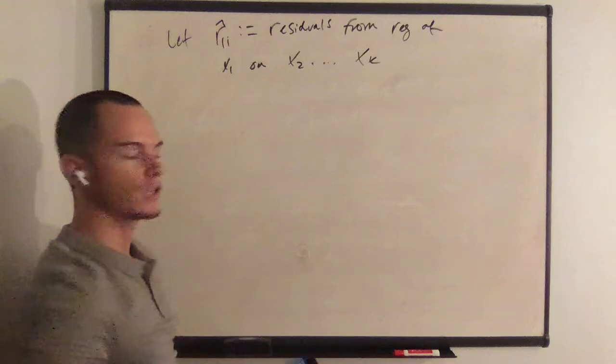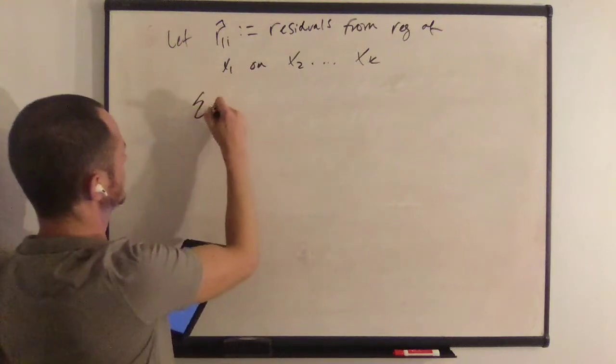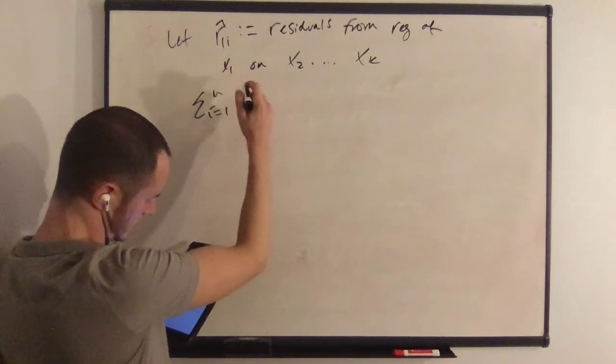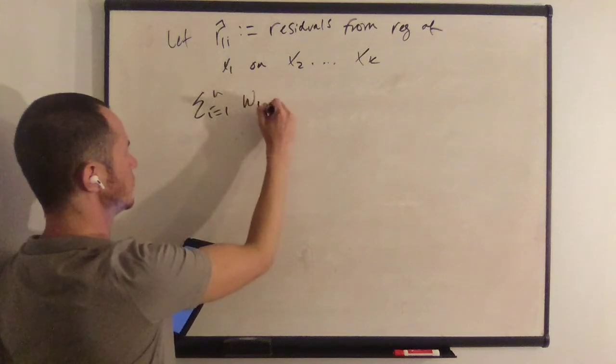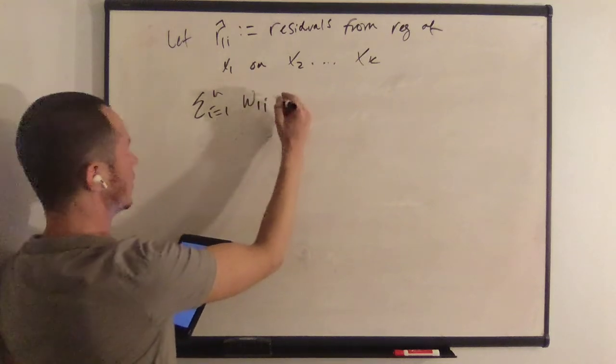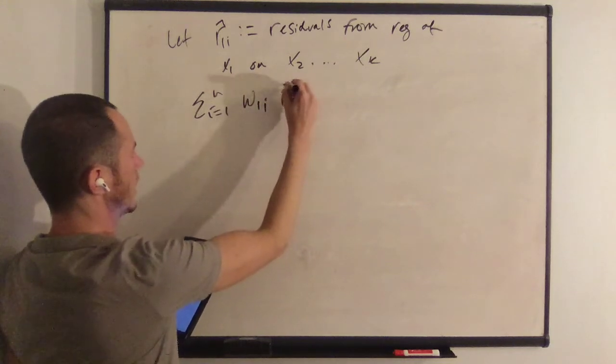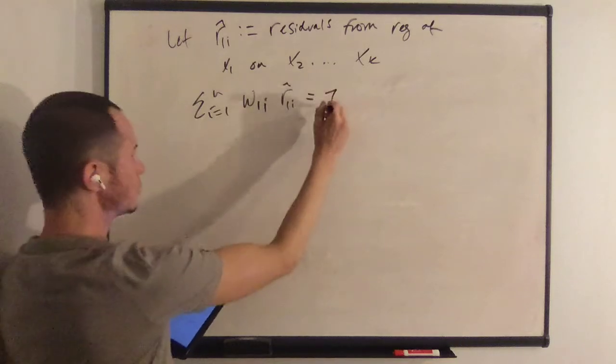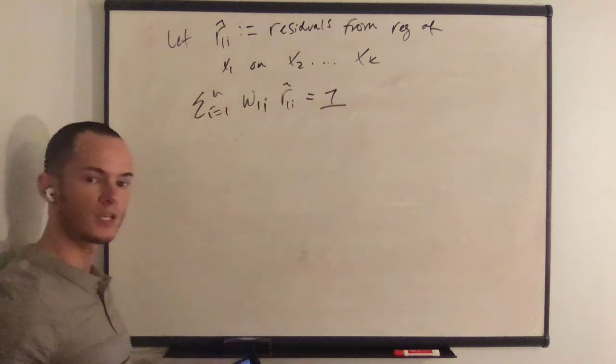Then it follows that the sum from i equals 1 to n of w1i r1i hat is equal to 1, because